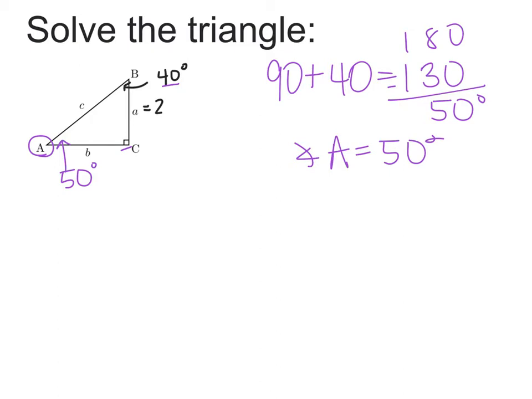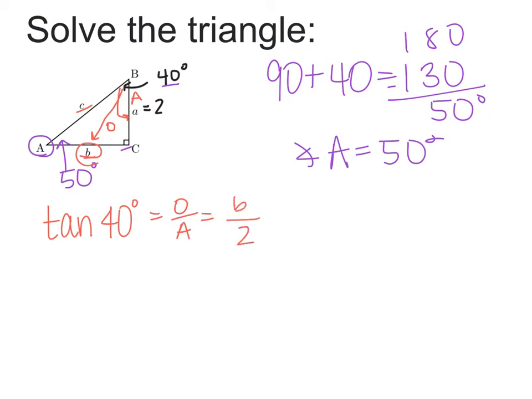And now I have to solve for c and for b. I can do this in a couple of ways, but I'm going to use SOHCAHTOA to do that. Let's start with side b. If I am looking at angle B, that is going to be opposite of me, and the other side that I know just happens to be adjacent to me. So O over A, if I remember in SOHCAHTOA, that's tan. So what that says is tan of 40 degrees is equal to O over A, and